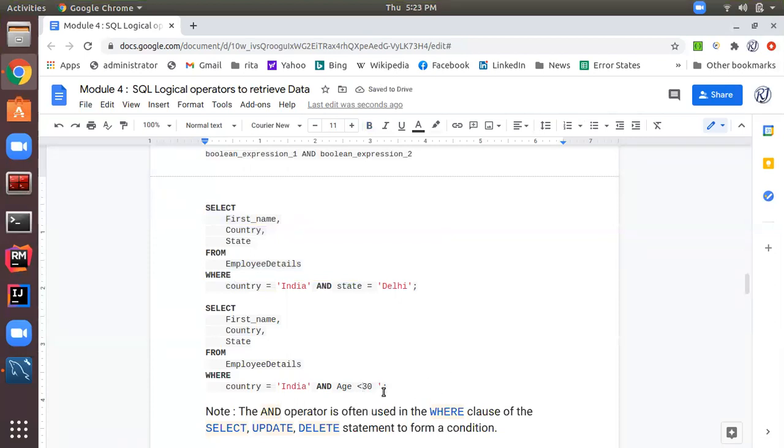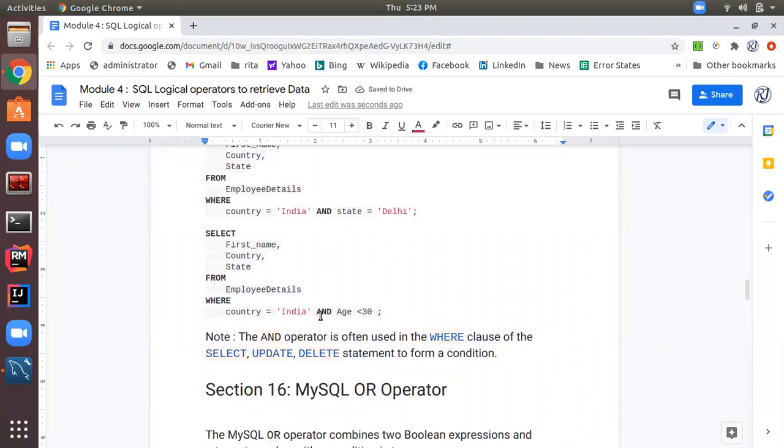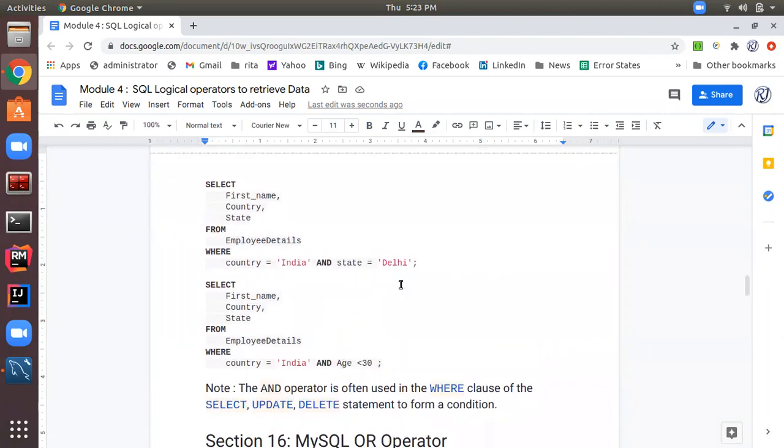So we can provide different columns in the condition and join them with the AND keyword. This is condition 1 and this is condition 2. Let's run this query in the SQL workbench.